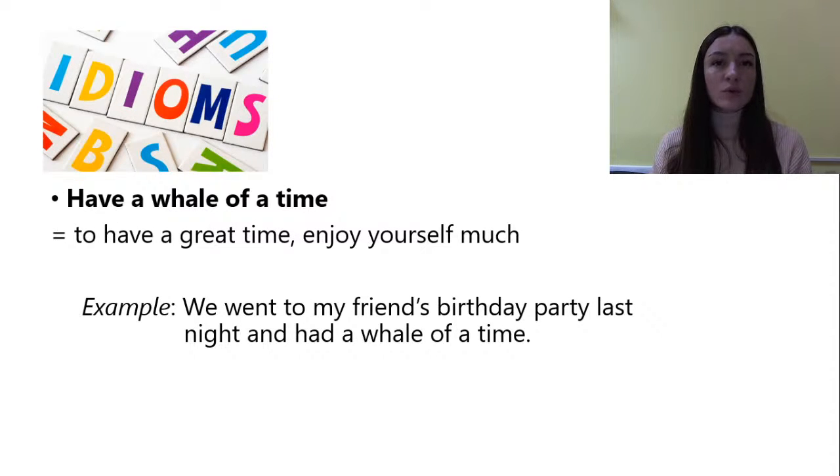Have a whale of a time. To have a great time, enjoy yourself much. We went to my friend's birthday party last night and had a whale of a time. So whale means кит, до речі. So have a whale of a time means to have a great time. This is an idiomatic